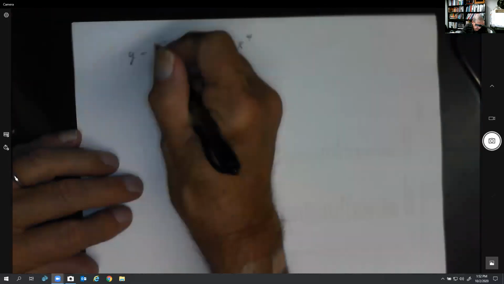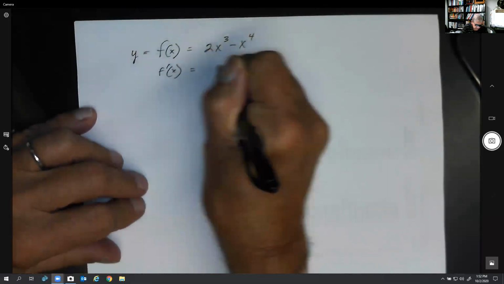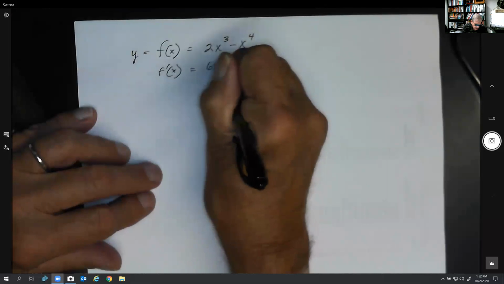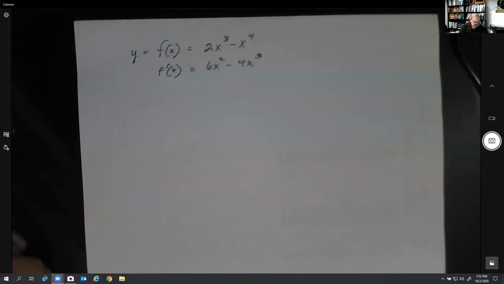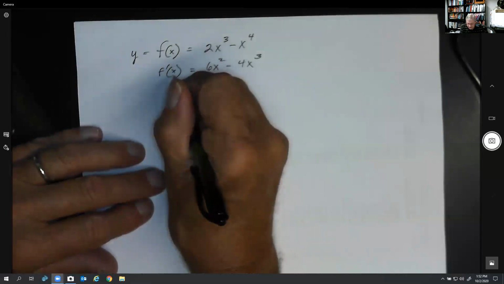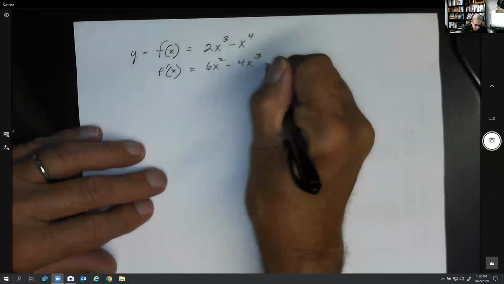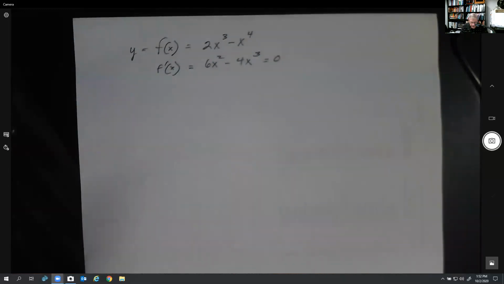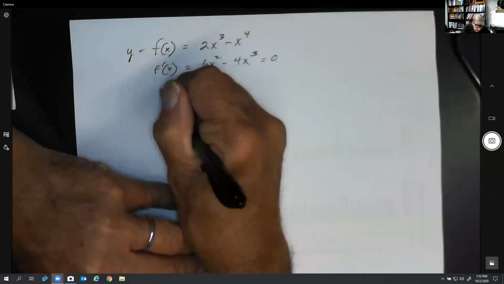So what was our first step? Take the derivative. That gave me 6x squared minus 4x cubed. Then the second step was to set this equal to 0 and factor it. Because remember, when the slope is equal to 0, that's when we're going to get those critical points. So